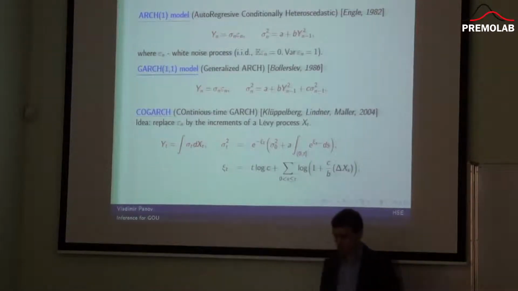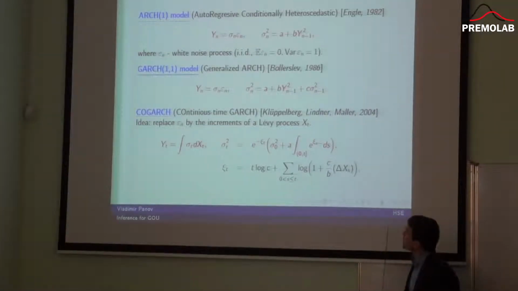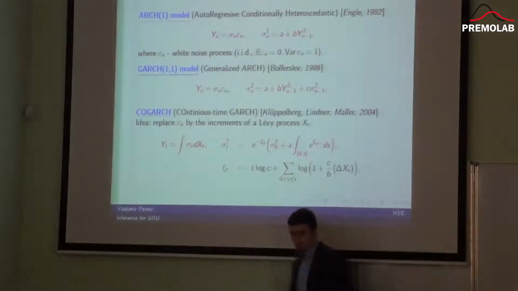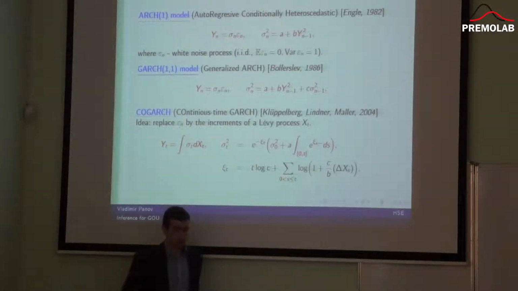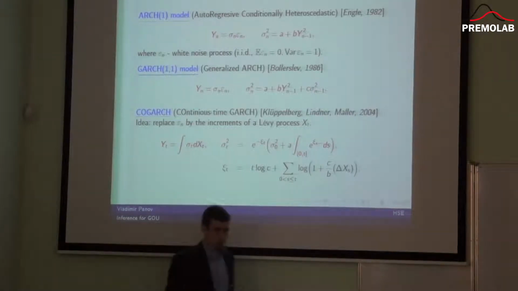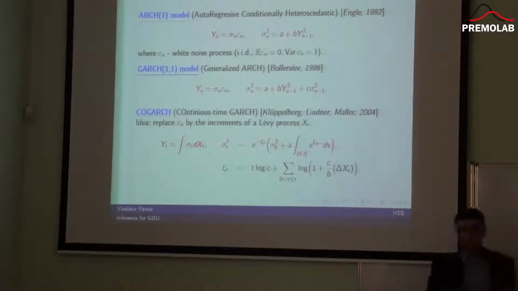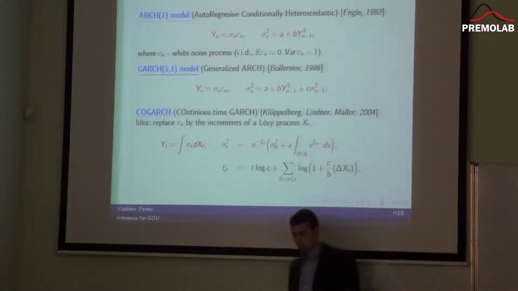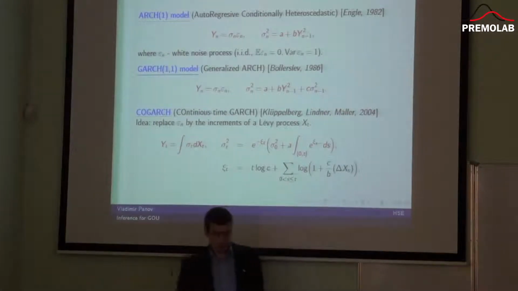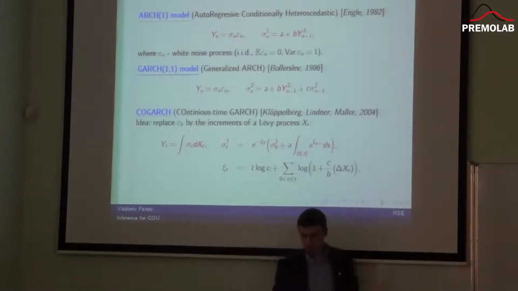Since the word econometrics is in the title of this conference, I would like to give some motivation from econometrics for this model. So if we start with the famous ARCH model, autoregressive conditional heteroscedastic, we can come to some continuous time model, which actually uses the generalized Ornstein-Uhlenbeck process. So how is it done? The ARCH model is well known. The simplest case can be defined as follows.